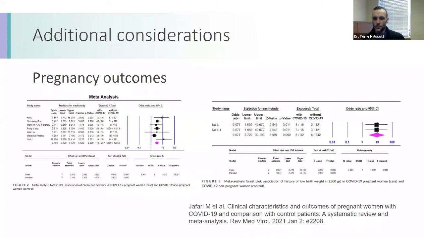Since then, especially in the last few months, we've had more analyses. We've had kind of reviews of the reviews. This is one from Jafari et al., from January of 2021, and looks at some of the effects from a meta-analysis standpoint. On that left side, you have figure 2, which is the cesarean delivery in COVID-19 versus COVID-19 non-pregnant controls. You can see there is an increased chance for cesarean delivery in their review of the studies, and they have